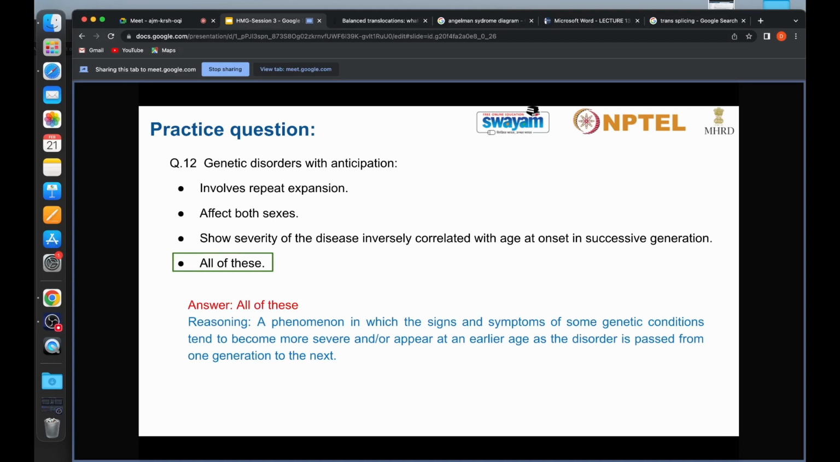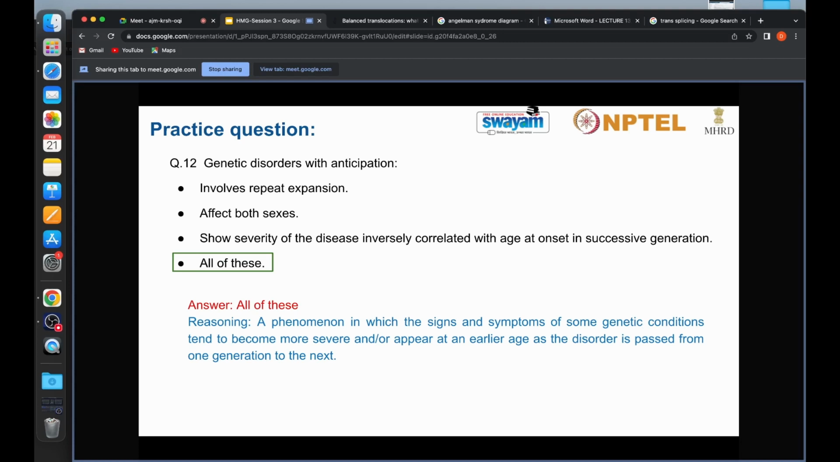For example, in Huntington's disease we have seen how the trinucleotide repeats, if that repeat is further expanded beyond a certain limit, then it influences the organism. So anticipation involves repeat expansions, and it can affect both sexes. It is not biased towards a single sex. And then it is inversely correlated with the age of onset, because with successive generations, its onset will be at